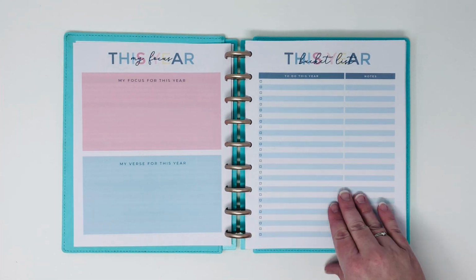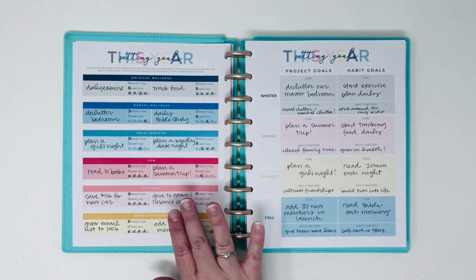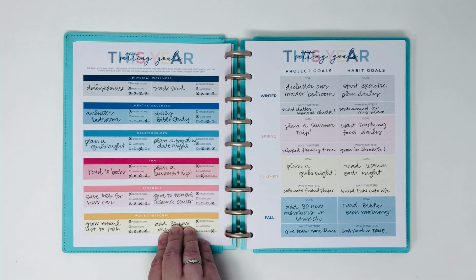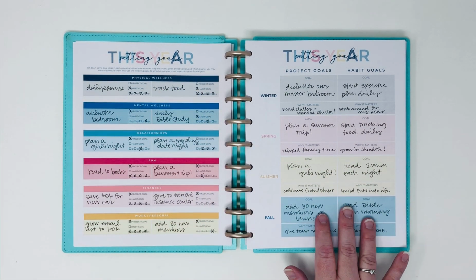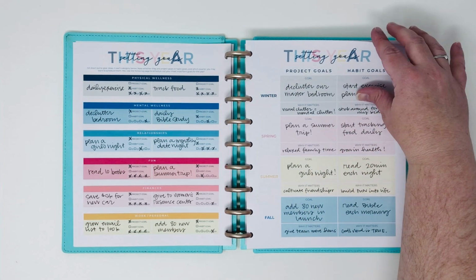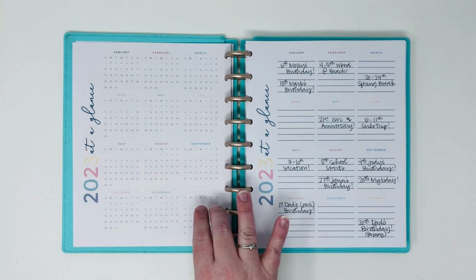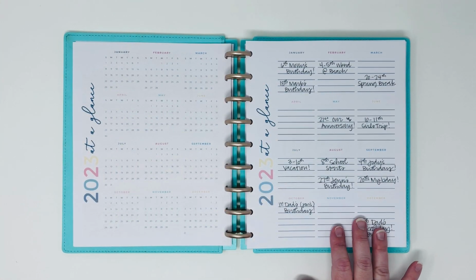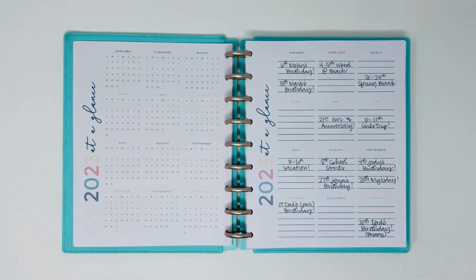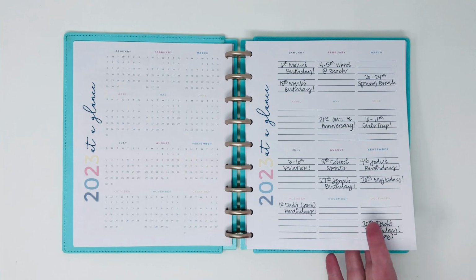And then we have a space to write out our bucket list. Then we dive into goal setting. We brainstorm goals in a variety of areas and then choose our goals for the year, already organized into project goals, habit goals, and every quarter of the year. Turn the page and you have your 2023 at a glance, along with some note space for each month of